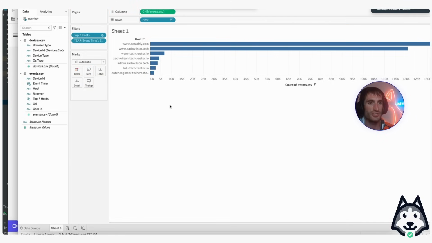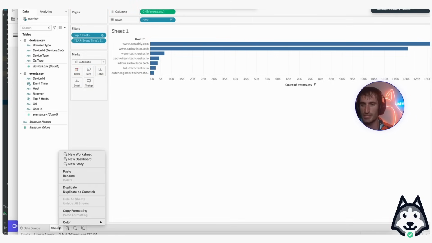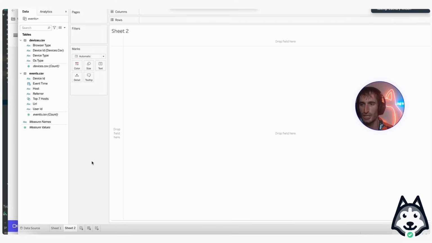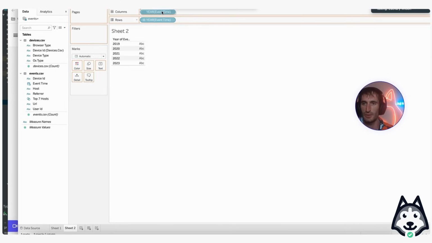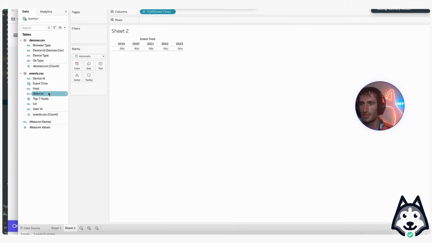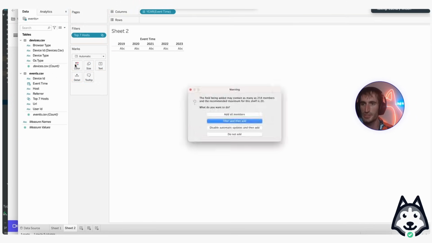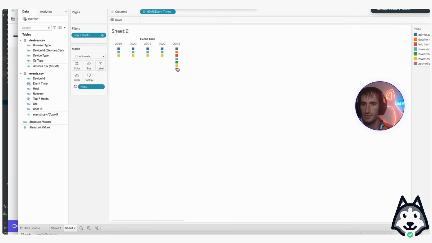But there are so many cool things you can do in Tableau, right? You can also just say new worksheet, and I want to show you some other cool things you can do. So if we say, okay, we have a year, and then I want to filter to the top 7 hosts, and then I want to color by host. Okay, so here are